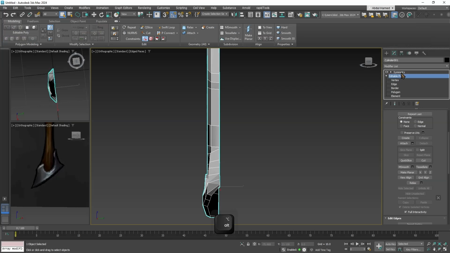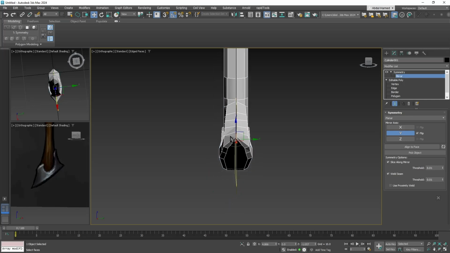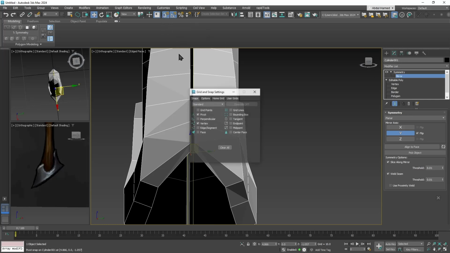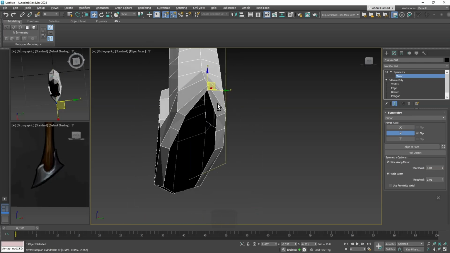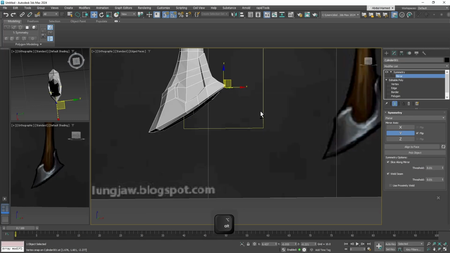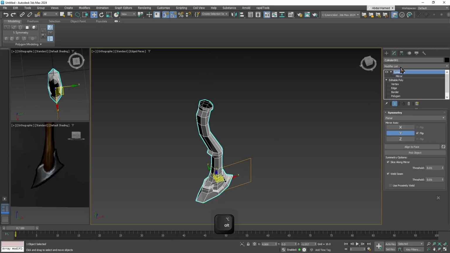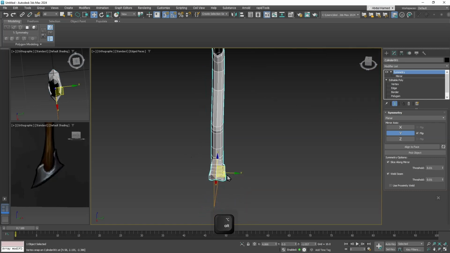So when we turn on the symmetry, and then if we use the snapping tool and make sure it is snapped to vertex, we can snap it to one of the edge vertices and everything should look good. So it would be up to you if you want to add more depth to it. For example, the bottom one seems to need a little bit more of a depth,